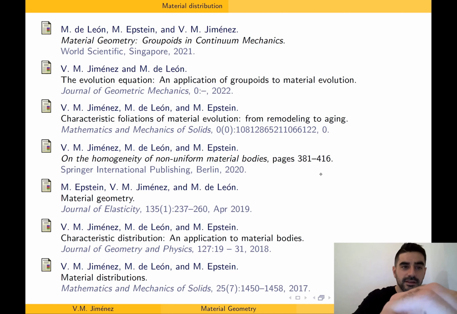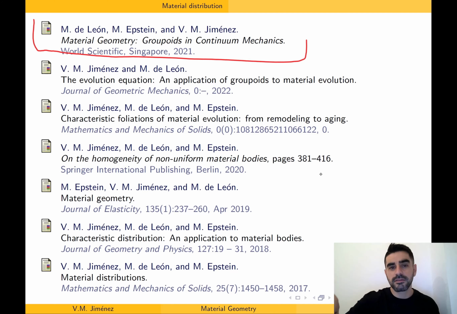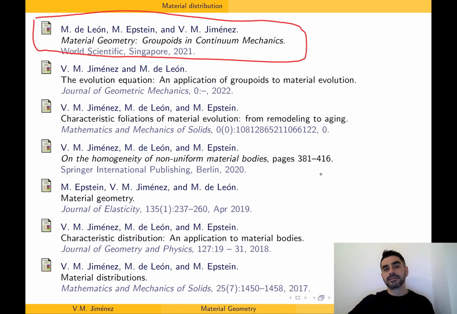You can read any of these references. The first one is a book establishing the foundation of this new approach, and the others are papers talking about the application of this approach in general. And for example, here we have a generalization of this approach to the most general case which you can imagine, in which we are working with any subgroupoid of any Lie groupoid which you can imagine.